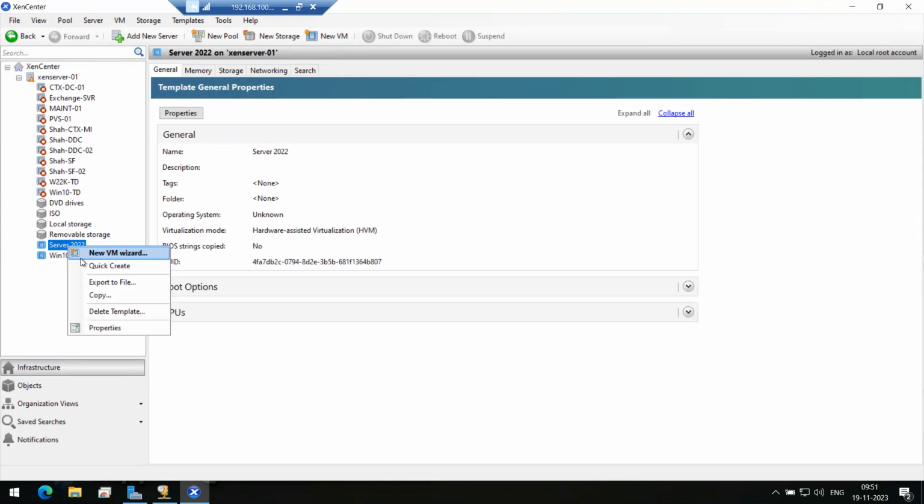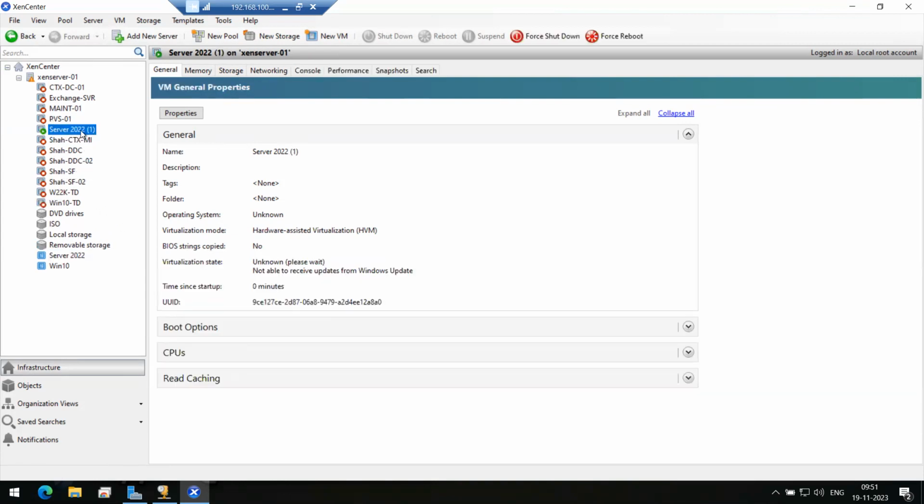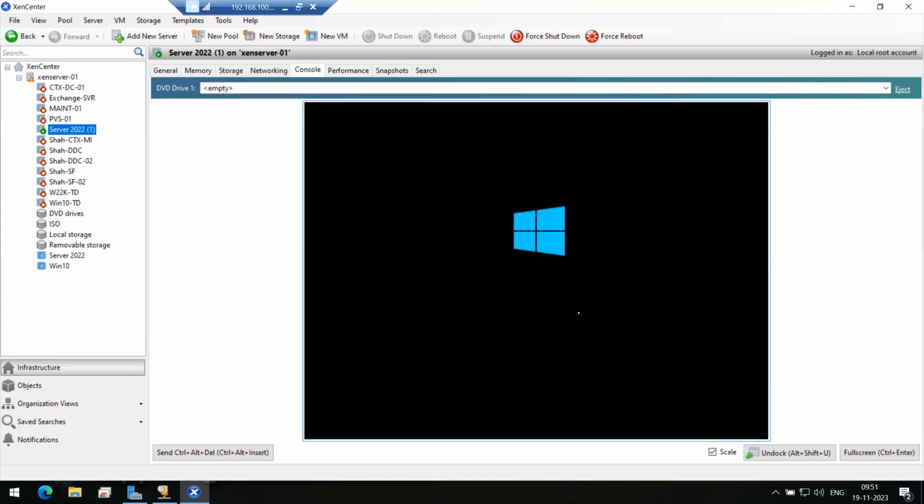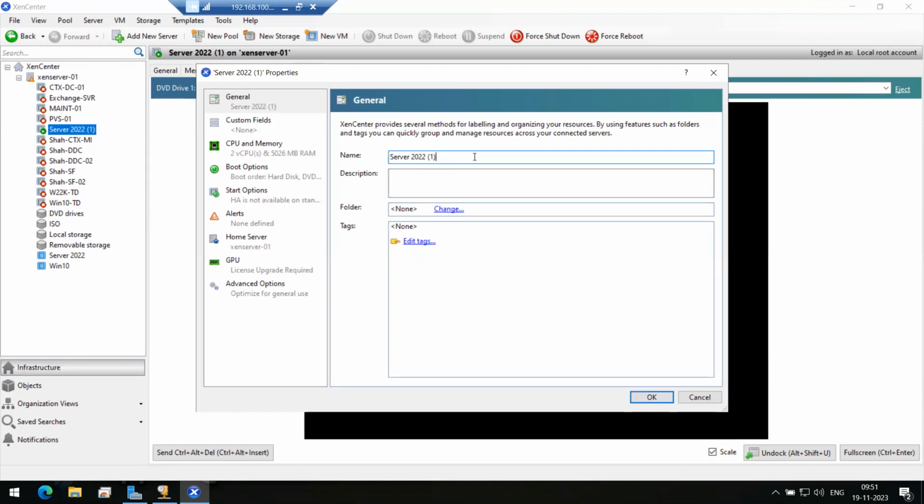Simply right click, click on Quick Create. So you can see one machine is being created now. If I click on the console, you will see within 20 to 30 seconds our virtual machine will be ready with the OS. So you do not have to boot from CD or DVD or that kind of traditional stuff. In the meantime, I can simply right click on this Server 2022, go to the properties and give some identifiable name to this machine, right? So let's make it